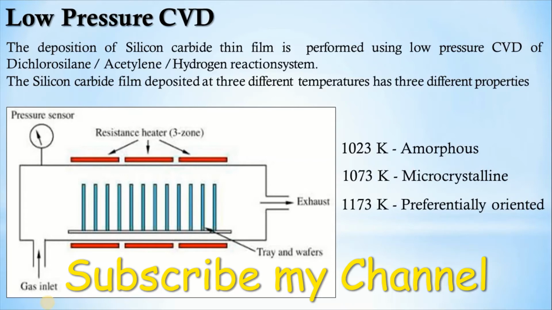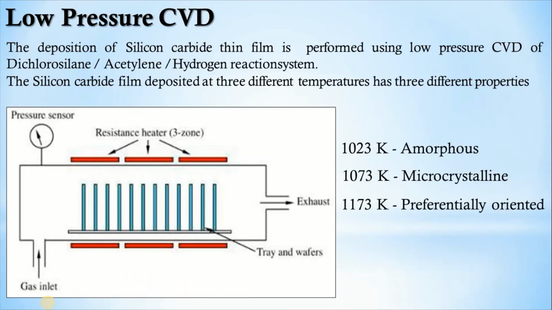The low pressure increases the precursor's diffusion through the gas, and the mass transfer rate of the gaseous reactants becomes higher than the surface reaction rate. The pressure of a low pressure chemical vapor deposition is usually around 10 to 1000 Pascal, while the standard atmospheric pressure is 101,325 Pascal. So this is the low pressure CVD. So for the operating pressure, there are two types, atmospheric pressure and low pressure, that we have seen.